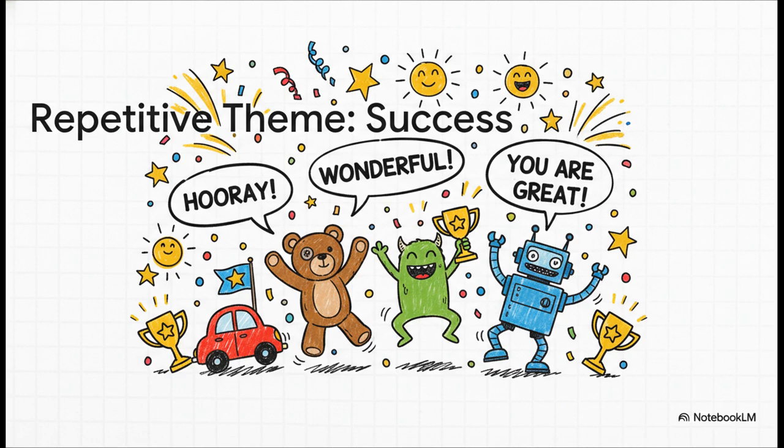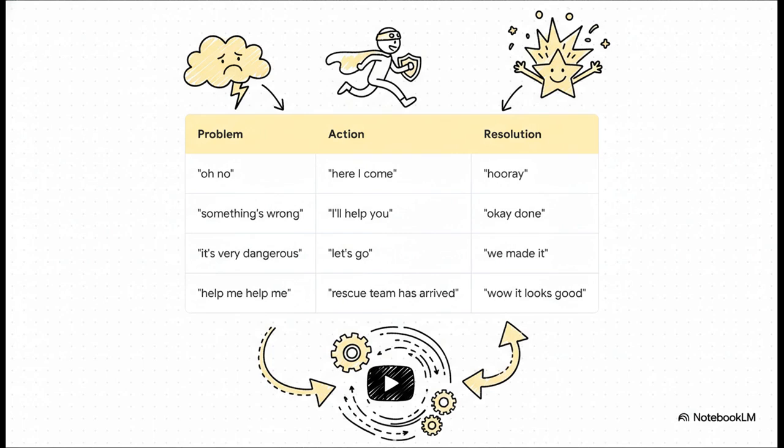And that, right there, that's the key. It's this constant, super fast swing from crisis to celebration. And this is the moment where it all just clicks. Once you start categorizing these phrases, they completely stop looking random. They actually form this perfect little tiny story that just repeats over and over again. You've got a problem, you've got an action, and you've got a resolution. See? It's not chaos at all. It's a simple, totally predictable loop.